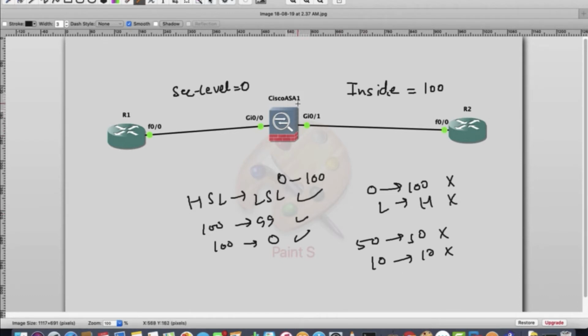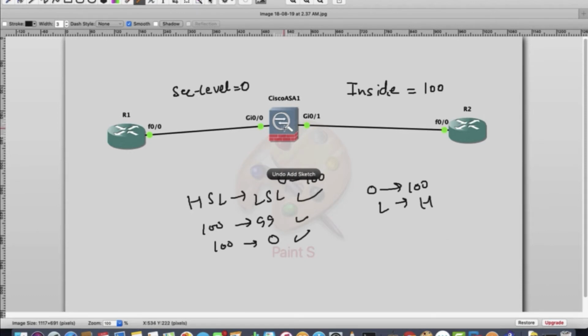So let's assume that you have a DMZ zone, demilitarized zone, where there are some database servers, application servers. So you make its security level 60. So from 100 to 60 it will work, 100 to 0 it will work, 60 to 0 it will work. The other way around will not work by default.